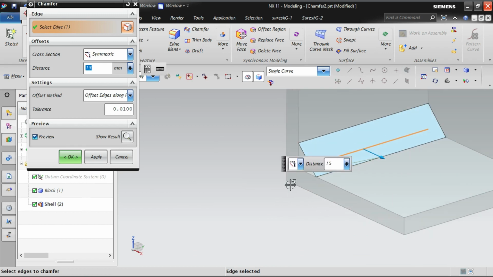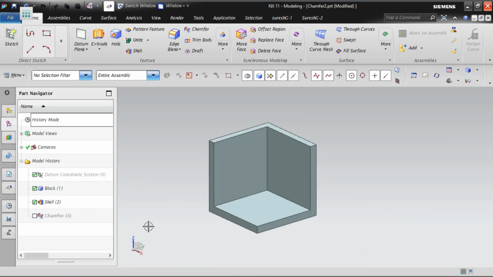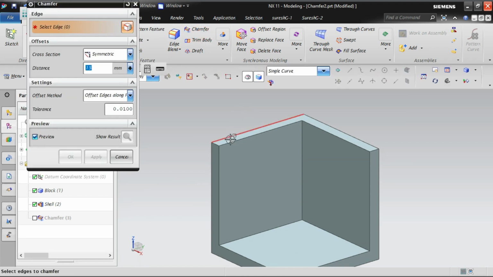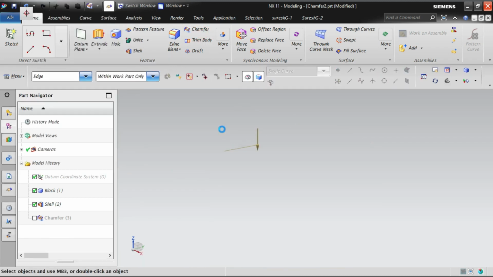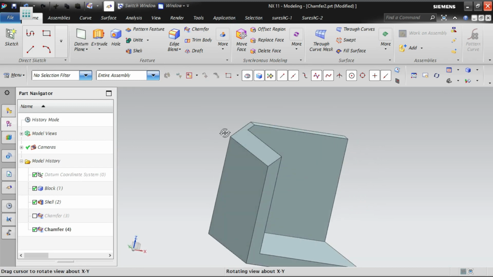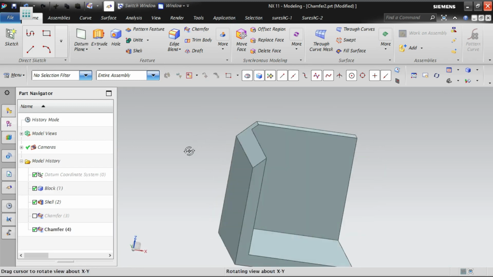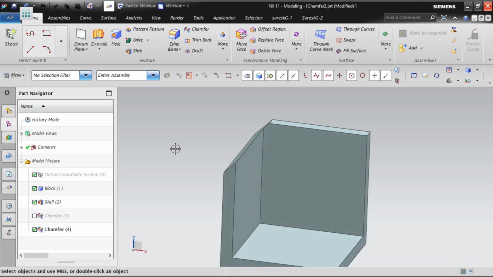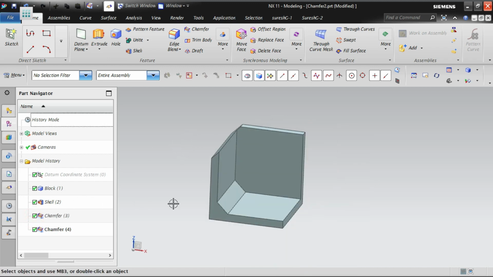You can see here the body is only with a certain distance. The body is like this. When I add a chamfer, it will add a material. Suppose I am adding a chamfer to the sharp edge, that means to the external surface, that will remove the material. Depending on the edge we select, it will act accordingly. See, now I have selected the external edge. Now it has applied the chamfer with removal of material. But when we do inside, it is adding a material.